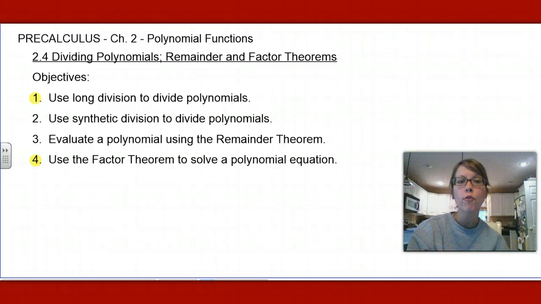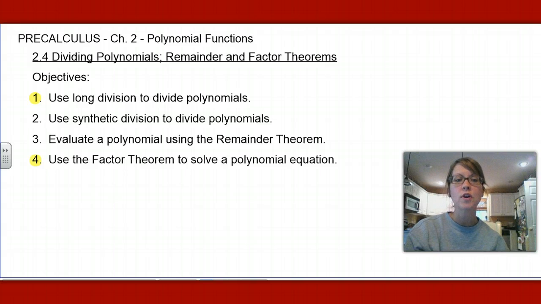Hi guys, 2.4, dividing polynomials and the remainder and factor theorems. So our chapter is called Polynomial and Rational Functions. And this is where rational functions come into play. We're actually going to test after 2.5 and then look more at rationals, but we get rationals by dividing polynomials